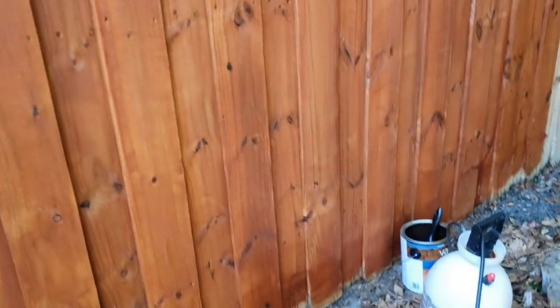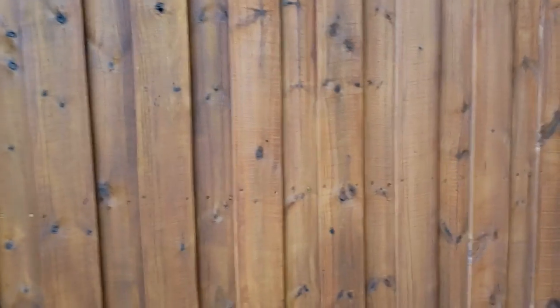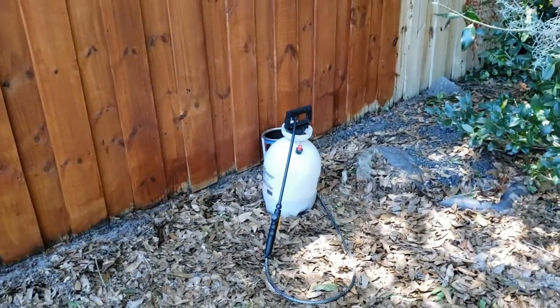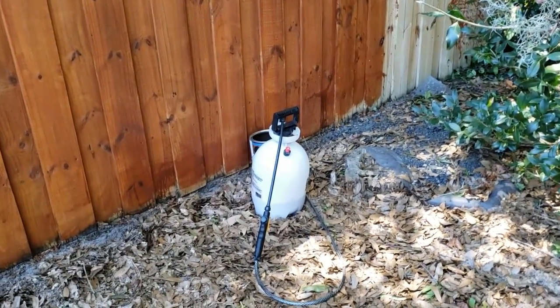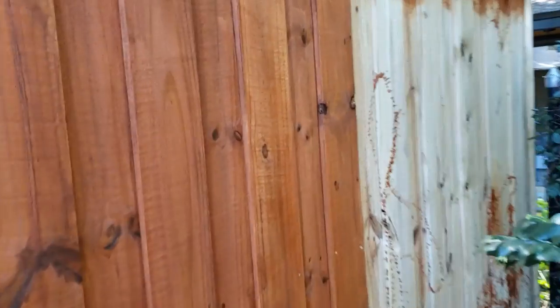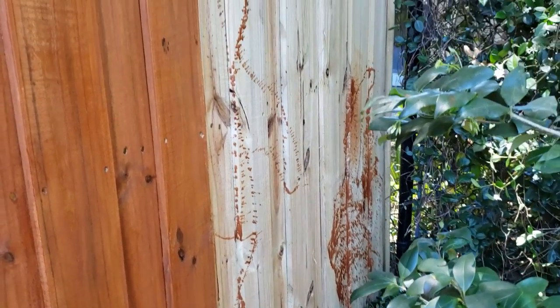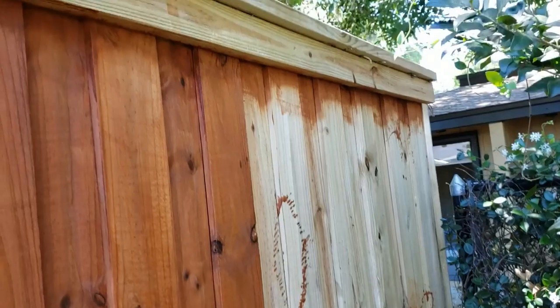But you know, this Valspar paint, or stain rather, it's a semi-transparent stain, comes out pretty thick. It doesn't spray out very well with the pump sprayer. It's supposed to have a fine mist to put it on evenly, and it doesn't do that. As you can see over here, thankfully I started in this obscure corner. It comes out in a very thin stream, and it splatters everywhere. So we had to roll it on with this brush, and I could tell you I've got a ton of